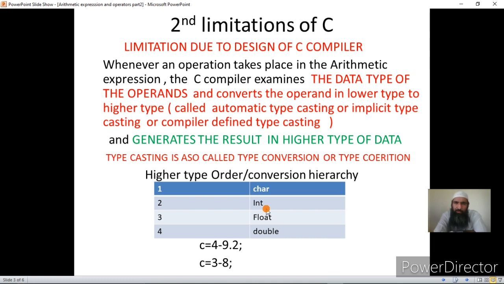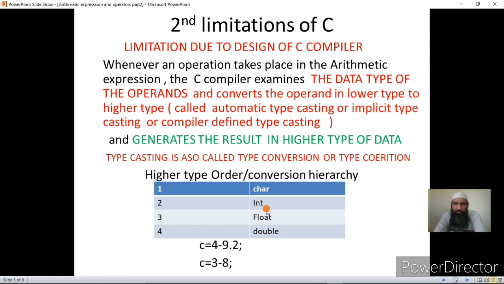Once we know the order, and in case the operators have the same precedence, we know that the operations will be performed either from left to right or from right to left, depending upon the associativity of those operators which have the same precedence. Okay, now once we know about precedence and associativity, there is one more thing that we have to know so far as the arithmetic expressions are concerned.